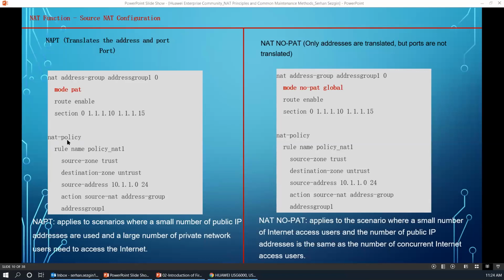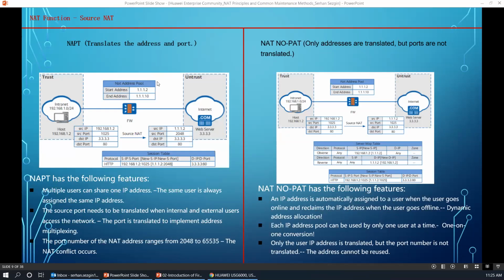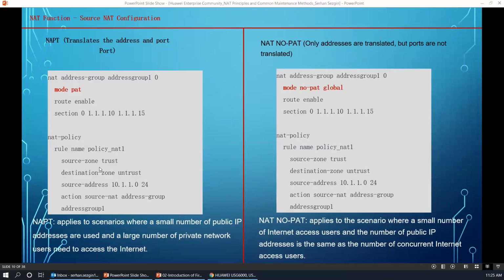And we write the NAT policy, trust to untrust, source address 1110/24, and we source NAT it to this address group. It means, as we see here, this intranet is translated to this IP address, and this is how we write